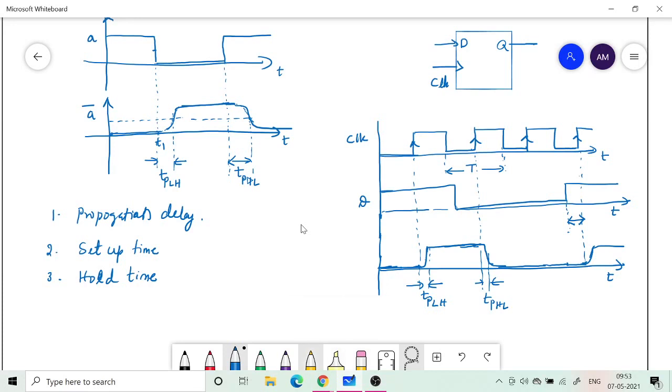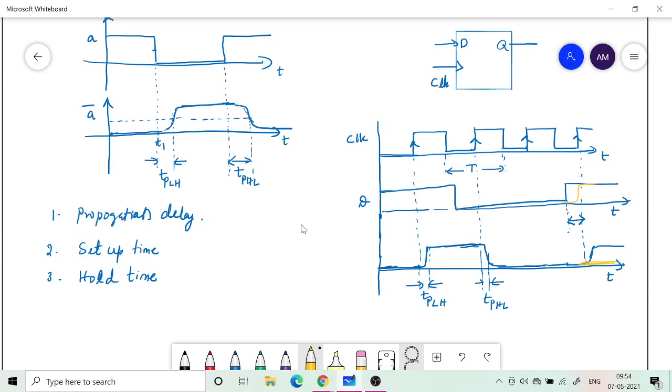But suppose instead of bringing in the input here, I bring it just before the clock. I did not set it up early enough, and then there is a chance that my output will not catch up. It will remain low because the input was not brought in early enough, and therefore it could not be latched to the output during the active edge of the clock. So we are looking, with respect to the active edge of the clock, at how early at least we need to bring the input and make it available at the input of the flip-flop so that it could be latched to the output of the D flip-flop.